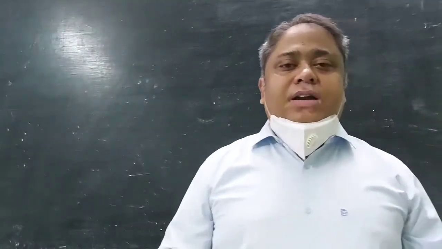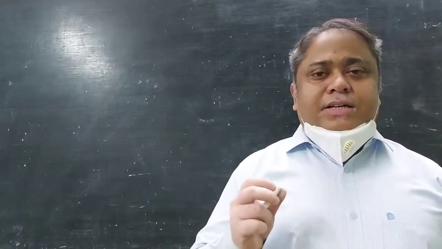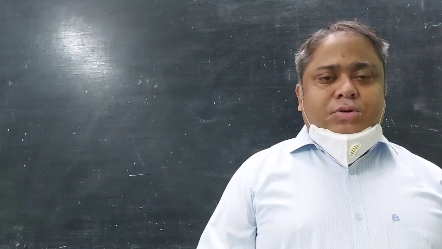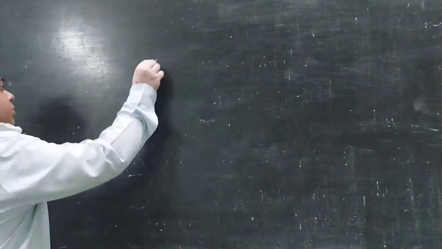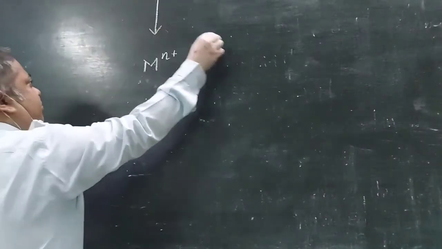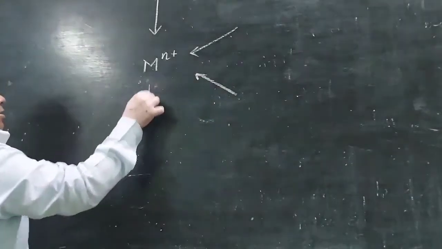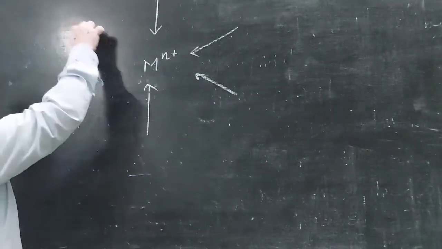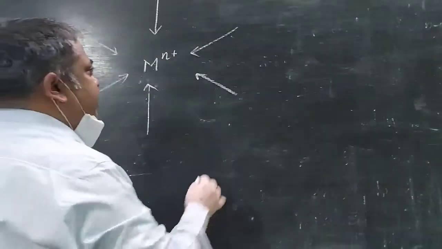Good morning, students. We will be discussing how color develops in complex compounds. All right. So this has relation with the crystal field theory. In crystal field theory, we had seen that if in any central metal ion the ligands come from the directions octahedrally, then octahedral splitting takes place.